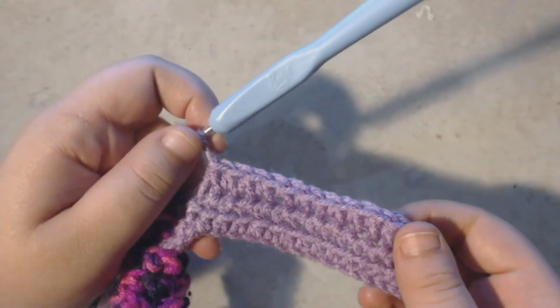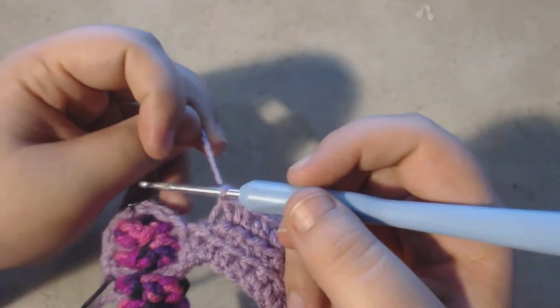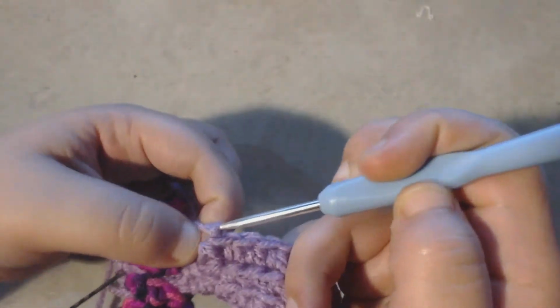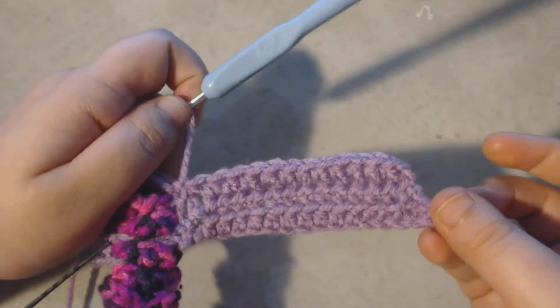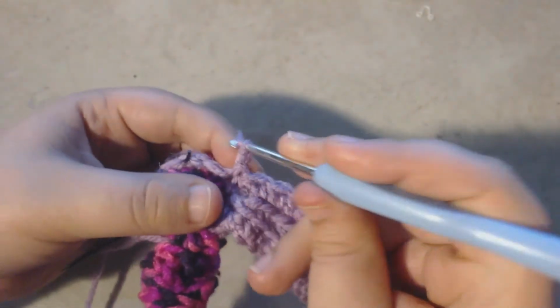So I've reached the bottom again. I did 12 more half double crochets in this row. Now I'm going to slip stitch into the next double crochet at the bottom of the tail. And then chain 1, turn,